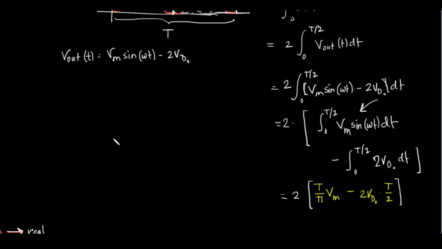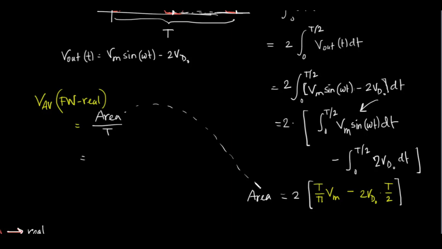Okay, so what will be the average value now? To find the average value, remember this was the area. To find the average value, we have to divide this area by the time period. So V average for a full wave using real diodes, we have area by time period, and if you substitute the value of this area here,